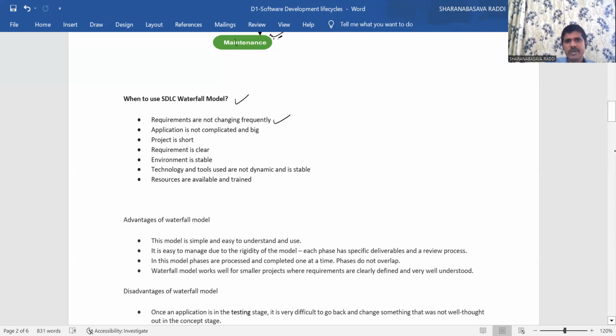Means once the requirement is given by the customer to the BA or software industry, those requirements are not going to change frequently. Means they are fixed or frozen. For that type of project, this waterfall model is suitable or the best one. Okay, next is